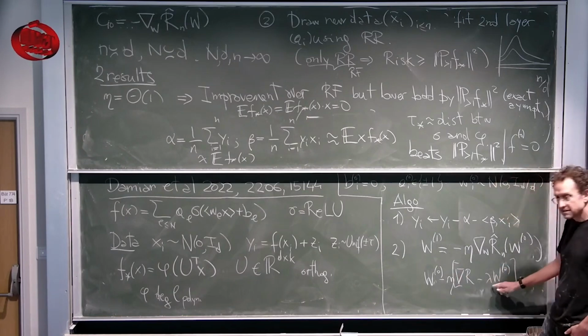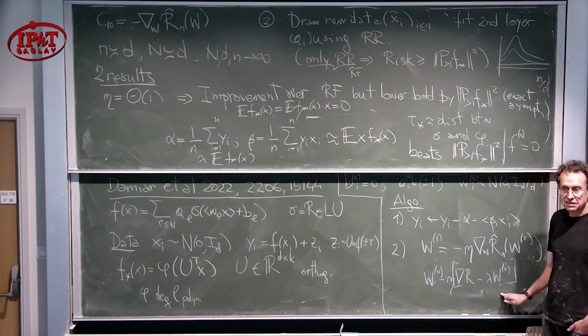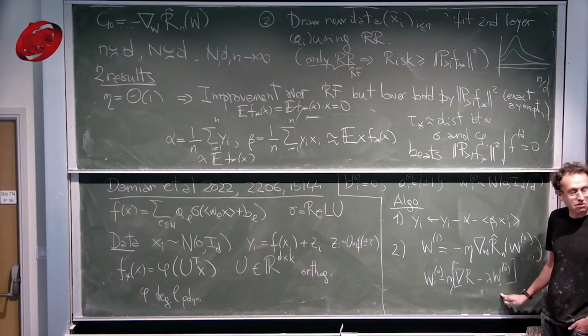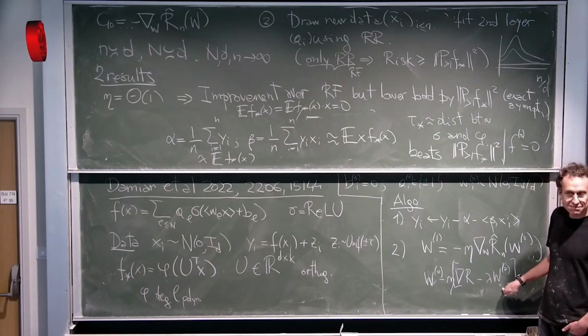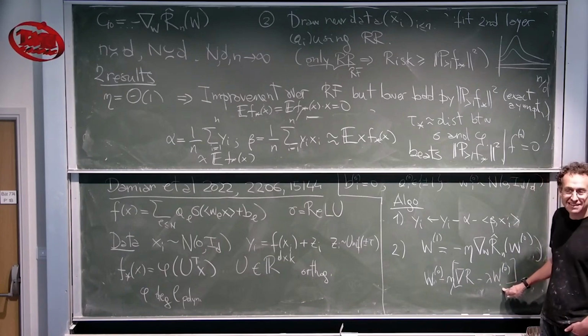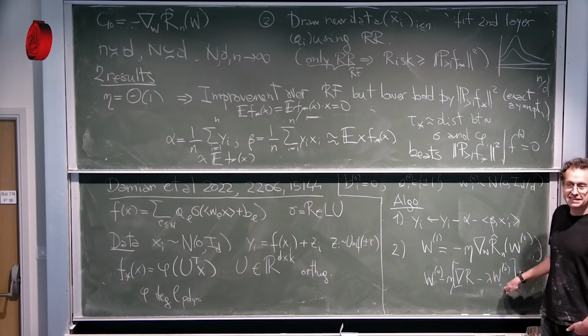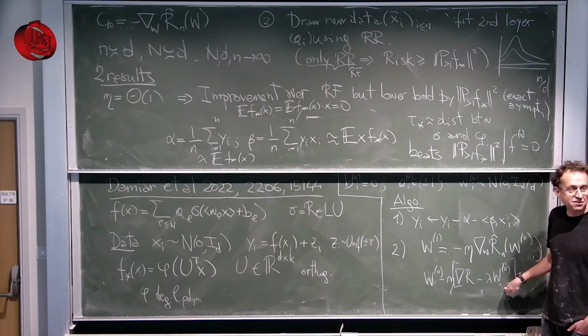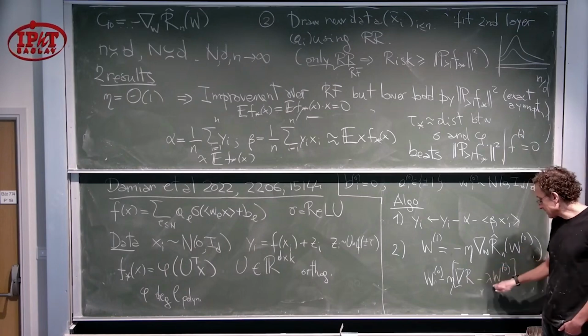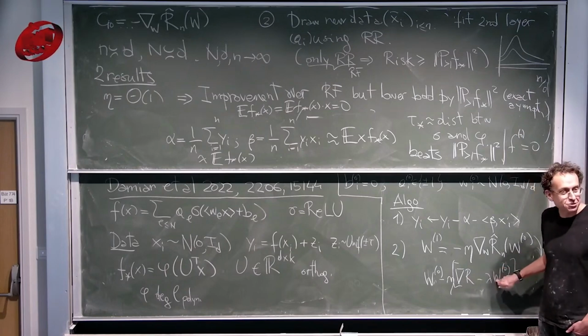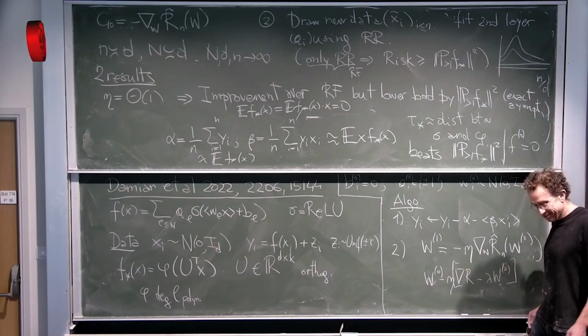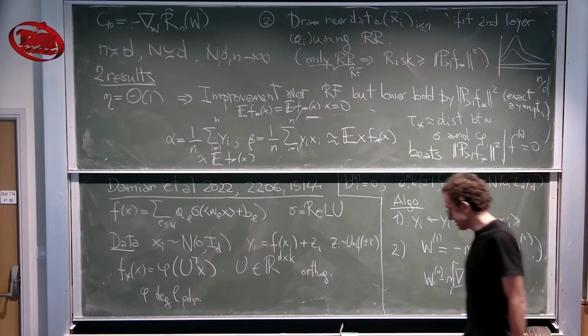It's like putting a ridge regularization down, which in machine learning language is called weight decay. So when they say we do gradient descent with weight decay, but then if you look at the theorem, they say eta times lambda equal to 1. So this is in fact what